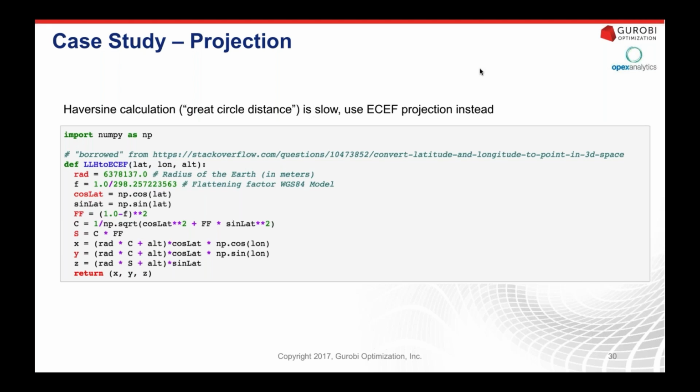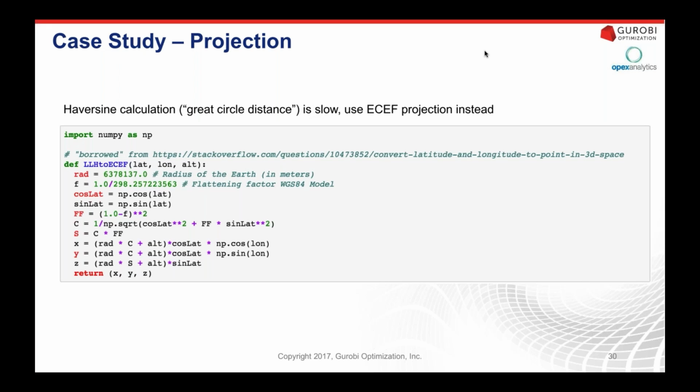So rather than using the Haversine formula, which if you're not familiar with is a formula that involves a lot of trigonometric functions for calculating distances on the surface of an ellipsoid, and is the proper way to calculate distances between 2 points on the Earth, we'll instead use a projection called Earth-centered, Earth-fixed that allows us to transform our latitude-longitude pairs into X, Y, Z points, and we can then use Euclidean geometry to calculate the distance between them. This ends up being a lot faster. It's not as accurate, but for short distances, especially because we're looking at just points in the United States and part of Canada, it ends up being fairly accurate.